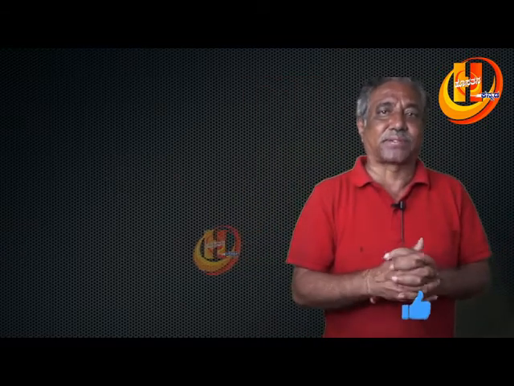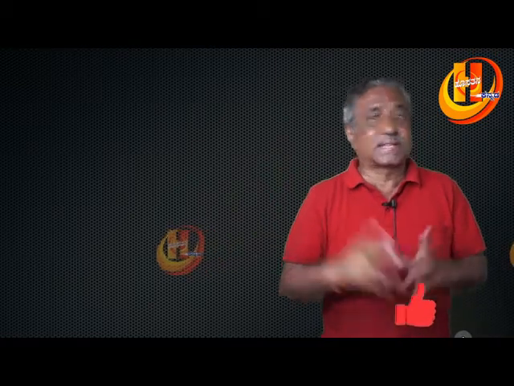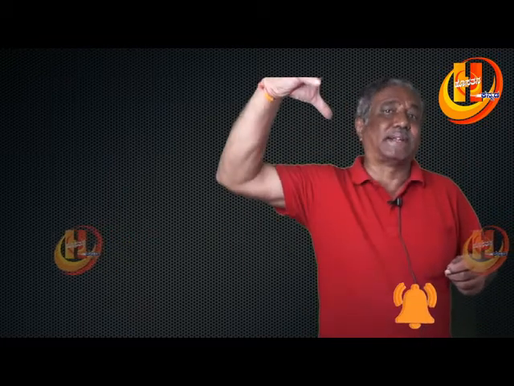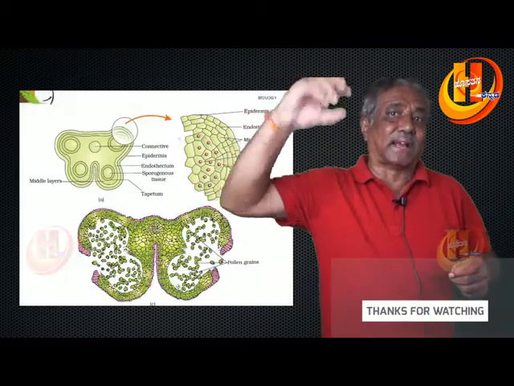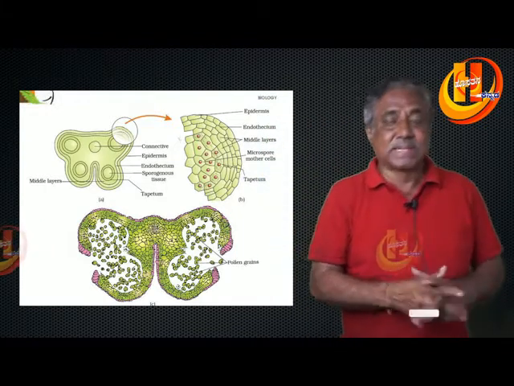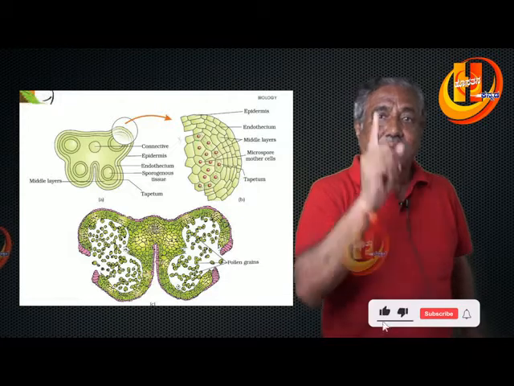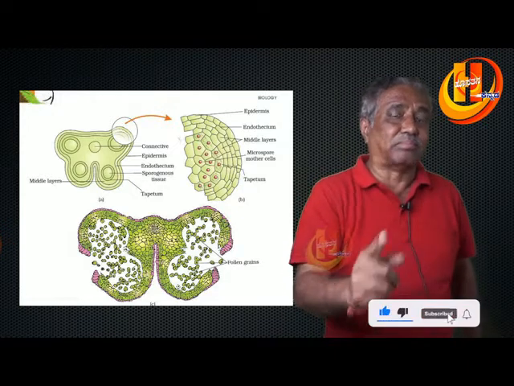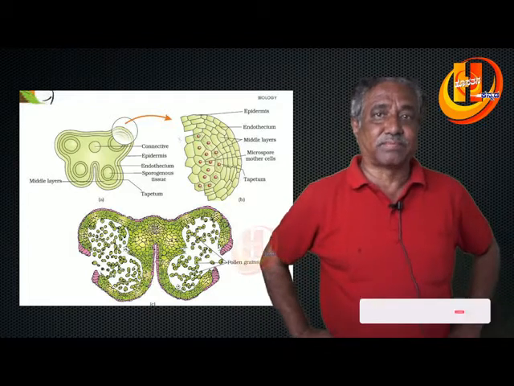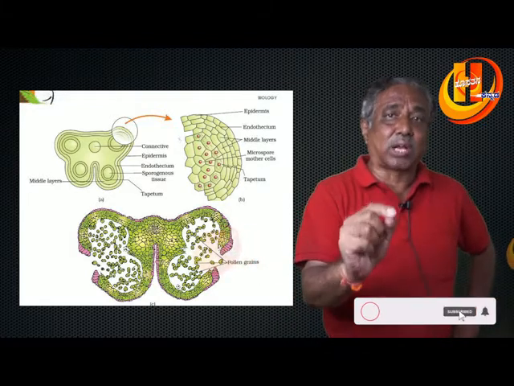So coming to the androecium. Androecium is the male reproductive system of a flower. It consists of many stamens. Each stamen consists of the filament and anther, and within the anther pollen grains are produced. Anther is also called microsporangium. This is very important for your NEET examination. Anther is called